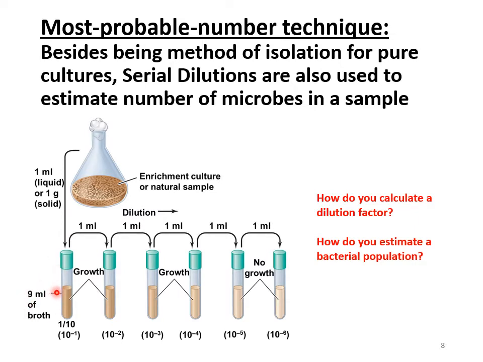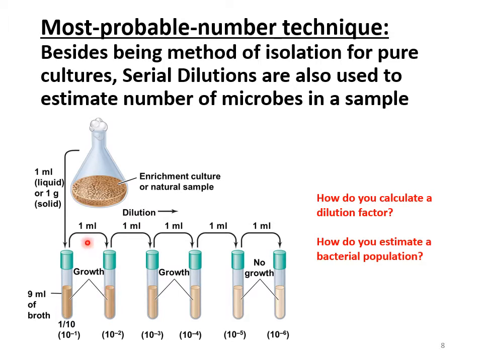So to calculate the dilution factor of what you just did, you take the 1 ml that you put into the dilution, and you divide by the now total amount in that tube. So you would say 1 ml over 10, because you did 1 ml plus 9 ml. You would then take 1 ml out of that first tube and put it into a second tube. So now you did 1 ml into another 9 ml, but what you have to do here is